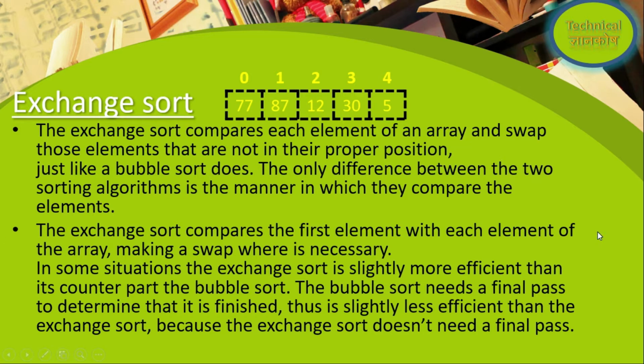This means exchange sort and bubble sort are both the same, but their comparison method is different. They compare values differently. If we talk about exchange sort, it compares the first value to all the elements, whereas bubble sort compares two elements in each round, right? So this is the main difference between these two sorting methods. Even many programmers use the same method; like, in place of bubble sort they use exchange sort, and that is also applicable, right?